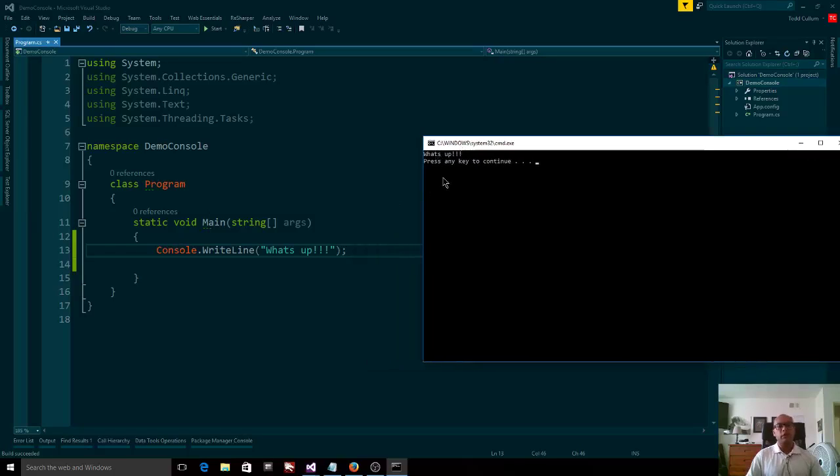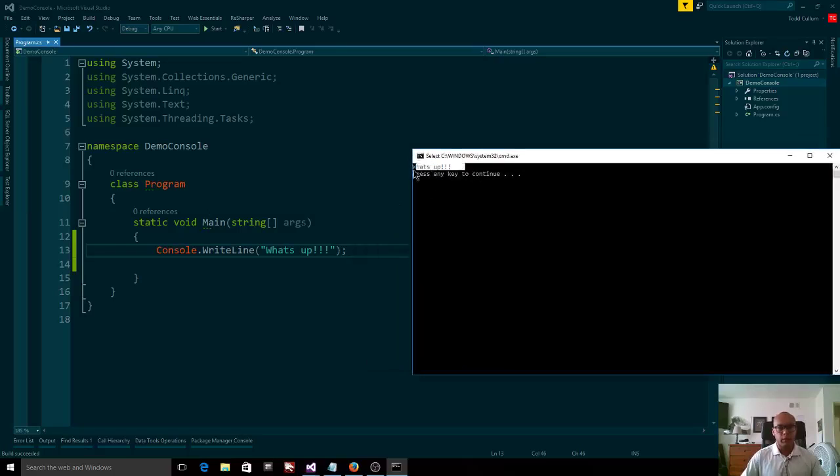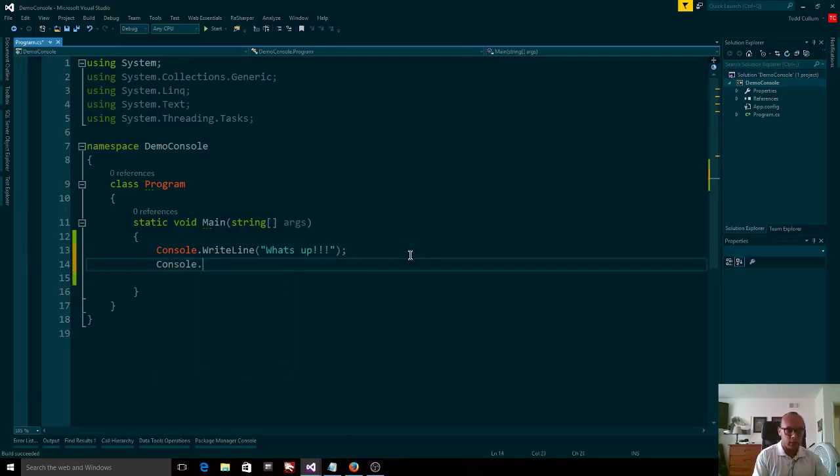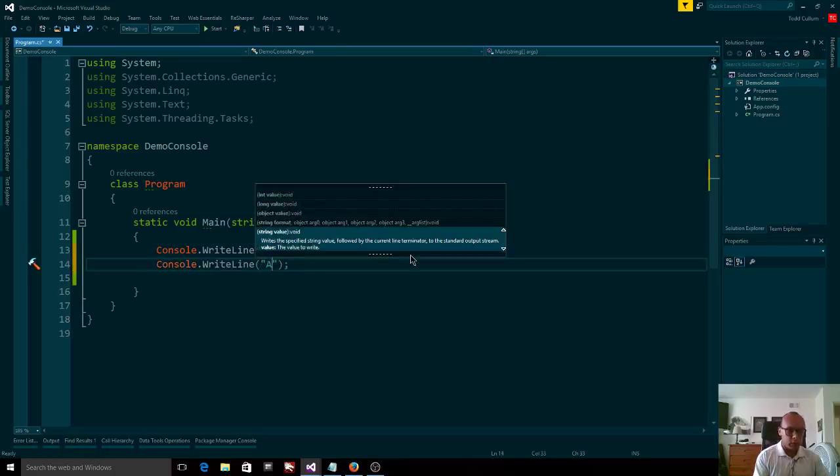I mean, without me even telling you what it does, if I were to tell you that when I run this program, this is what pops up. When you put this in here, you're going to figure out, okay, console.writeline writes to the console. And in fact, if I were to close this out real quick, and do this, console.writeline again, and type in another line,